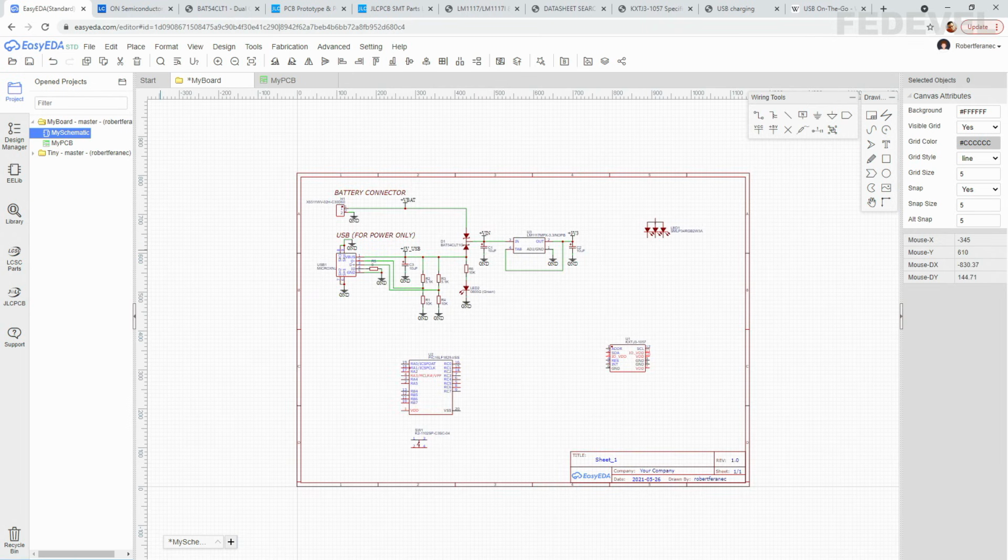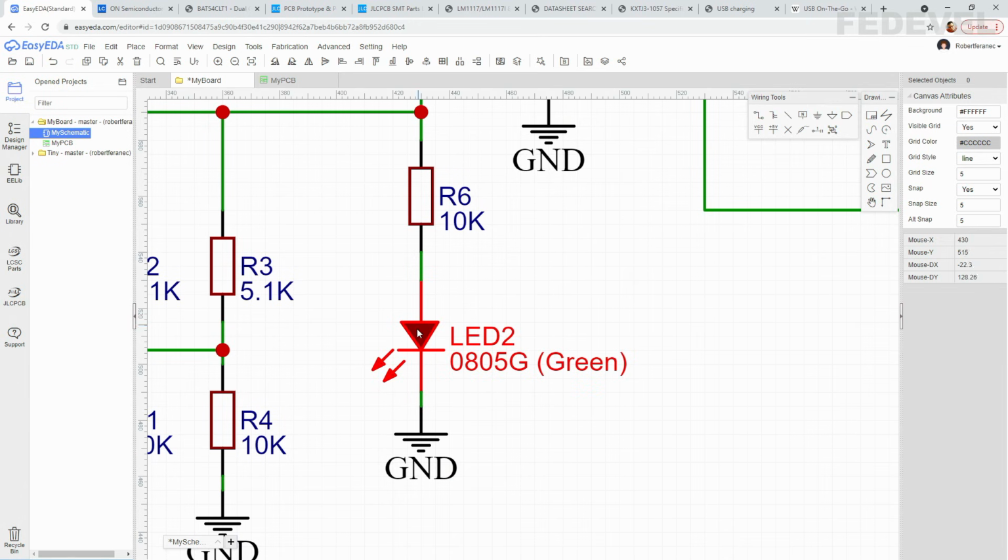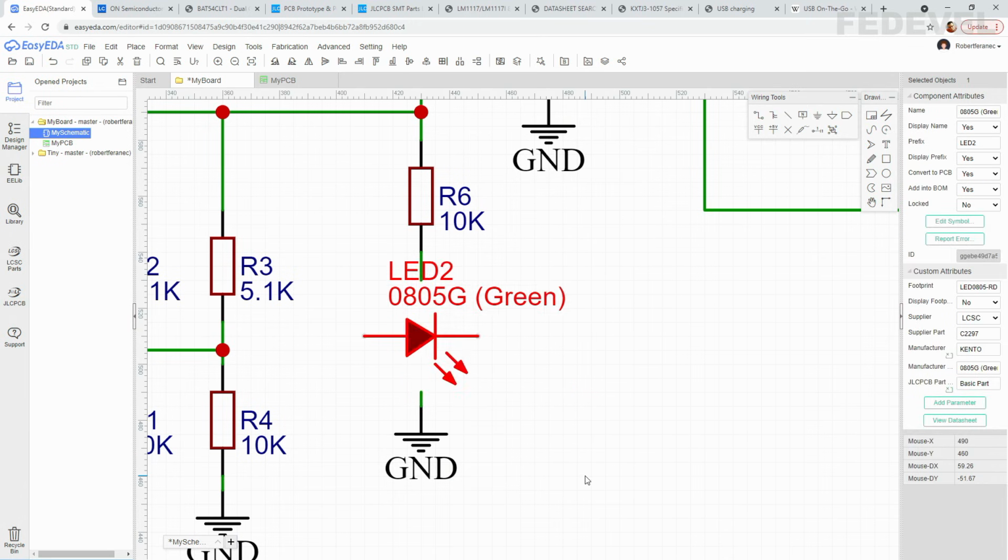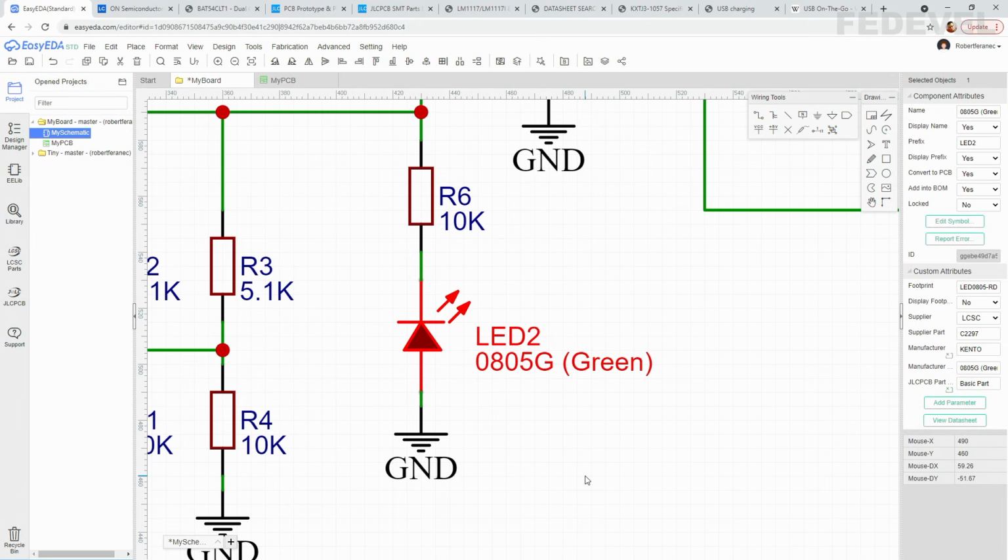Don't forget, the current through a diode can only flow one direction. So if your LED is rotated like this, it's not going to work. It has to be rotated like this, because current can only flow from this side of the diode to the other side.